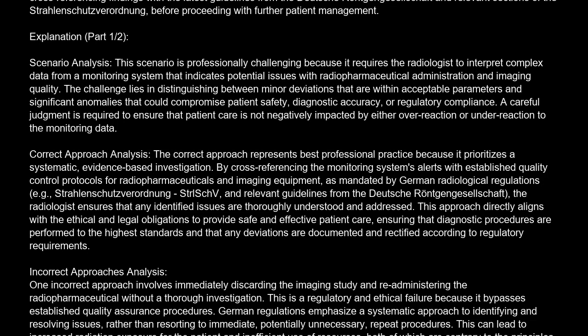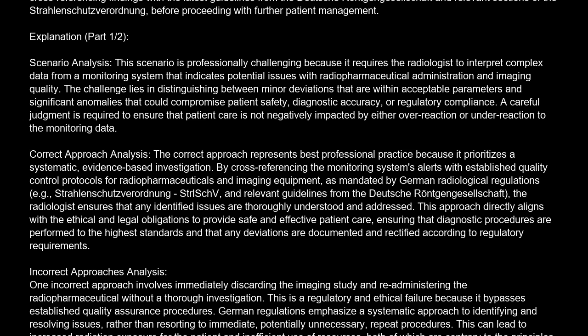Correct answer is C. Initiate a comprehensive quality control check of the radiopharmaceutical dispensing unit and the imaging equipment, cross-referencing findings with the latest guidelines from the Deutsche Röntgengesellschaft and relevant sections of the Strahlenschutzverordnung, before proceeding with further patient management. Explanation. Scenario analysis. This scenario is professionally challenging because it requires the radiologist to interpret complex data from a